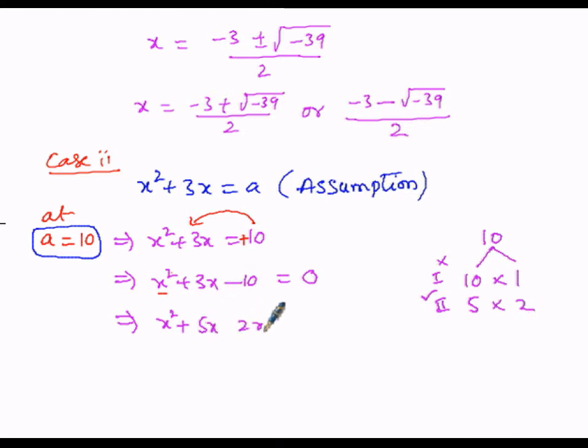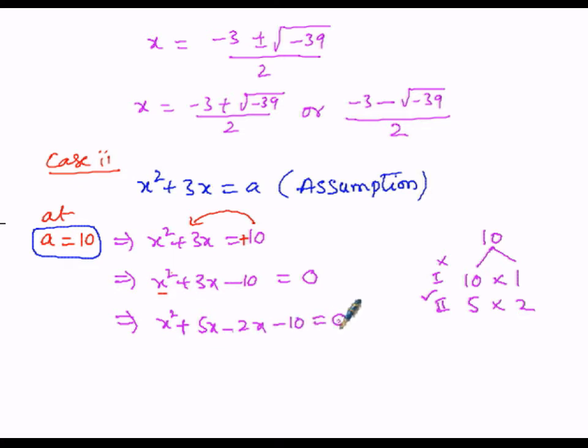But in order to get positive 3x, first of all we have to assess the greater one among 5 and 2. Greater is 5x. So here we need plus 3x, so the greater one gets the positive sign, and then the other must be negative. Plus into minus is minus. When we subtract 5 and 2, that is greater minus least, 5 minus 2 is 3x. So in order to get plus 3x, the greater must be positive. Among these two, greater is 5x, its sign is positive. Then minus 10 must be written as it is, and that must be equated to 0.